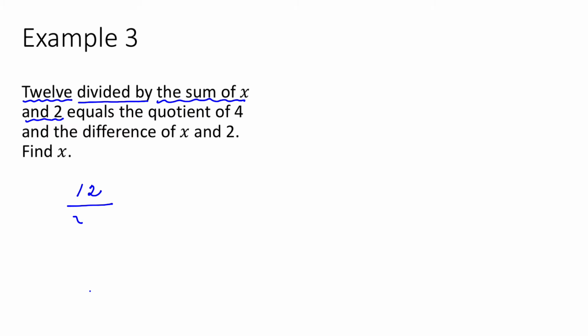So the sum of x and 2 means x plus 2. And that's going to equal the quotient. Quotient means that we're dividing, of 4. So 4 goes in the numerator. And the difference of x and 2. Difference means that we're subtracting, so it's x minus 2. So there's my proportion. And now I can cross multiply,